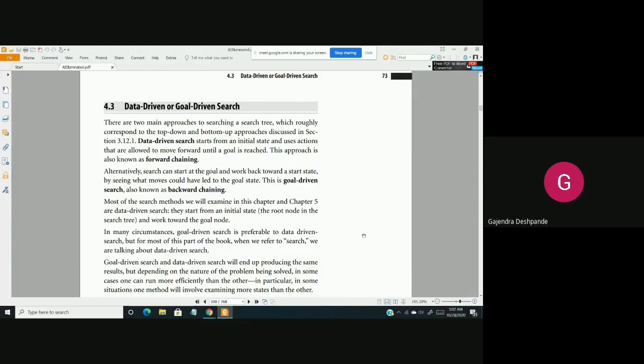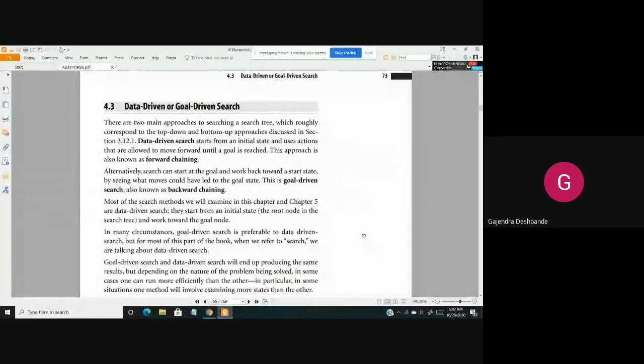Okay, so you can go for data driven search only when you have some information on hand. You should have initial information, but you will not be aware of the goals. Say for example, you want to predict tomorrow's weather. You don't know what type of weather will be there tomorrow, but on hand you will have the data of previous days, previous months, previous years. So based on that you are going to perform some sort of prediction.